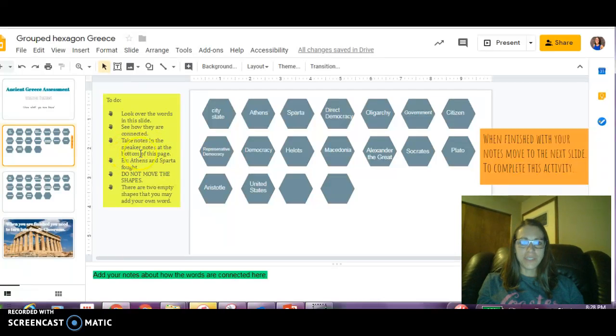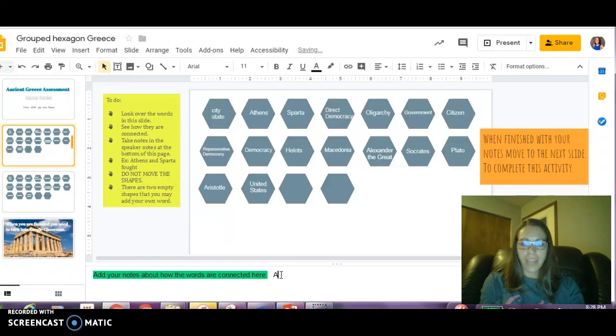And you're going to take notes in the speaker notes. So you don't even need paper. It's all right down here. And it says add your notes about how the words are connected here. So think about Athens and Sparta. How were they connected? And I won't grade you on your grammar or your spelling. This is just note taking. Well, I'm just going to say that they fought in